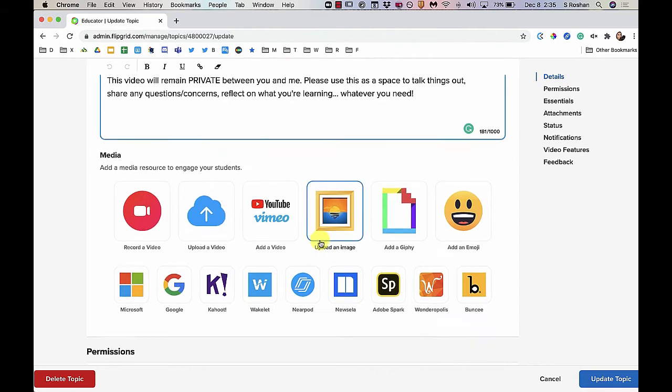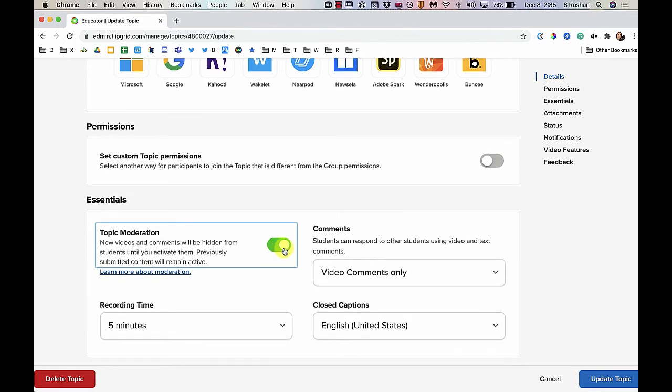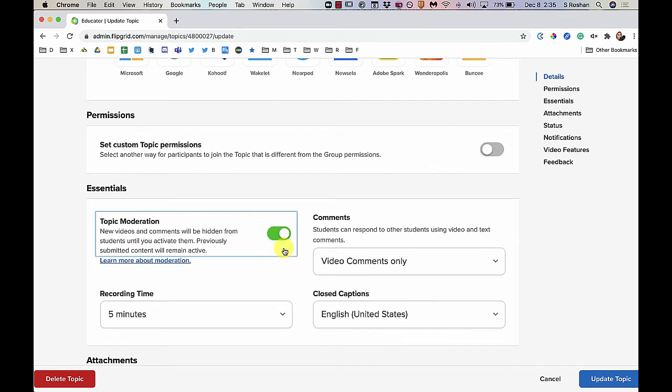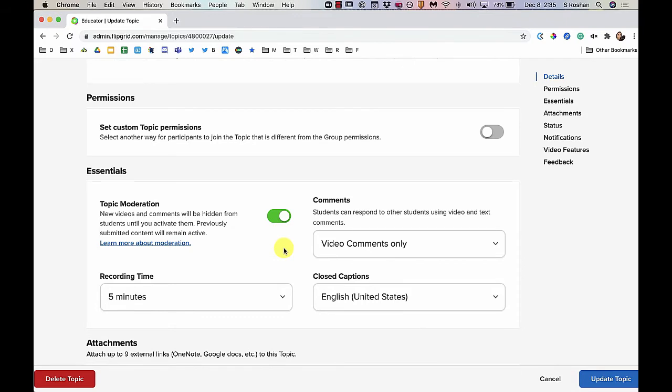You can do that. And then here's the most important part, is that you toggle topic moderation on. And if you enable that, when students reply, it will remain hidden until you activate it. And the strategy here is that you just keep them hidden all the time. You can still reply back to students individually using the feedback tab, and I'll choose a recording time for this